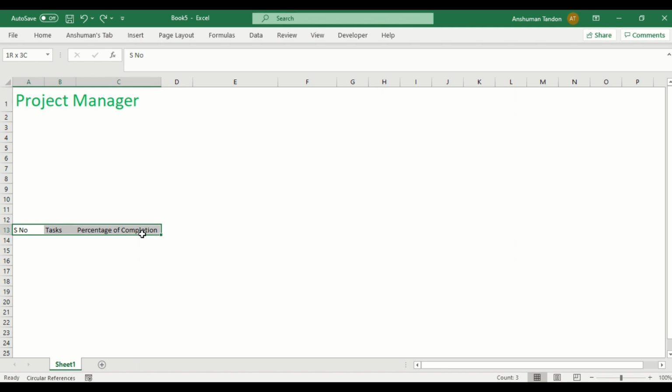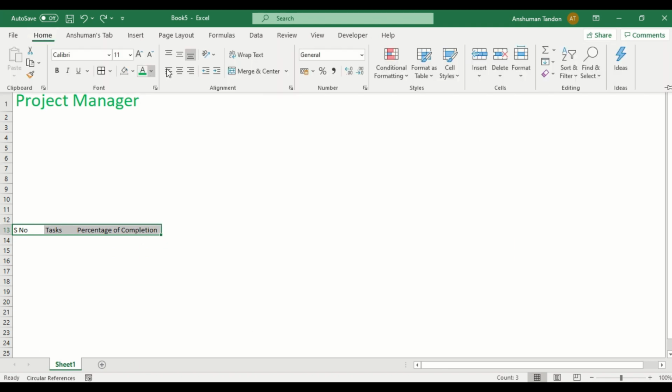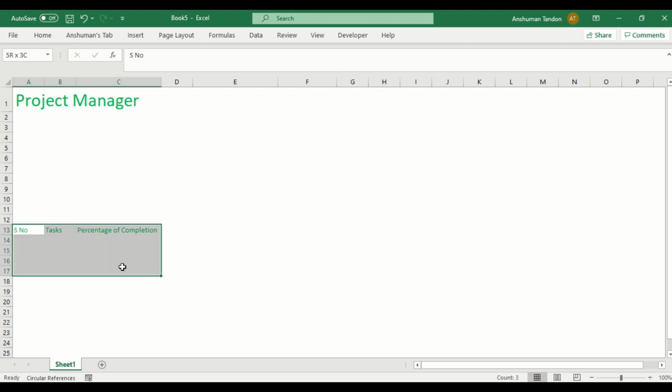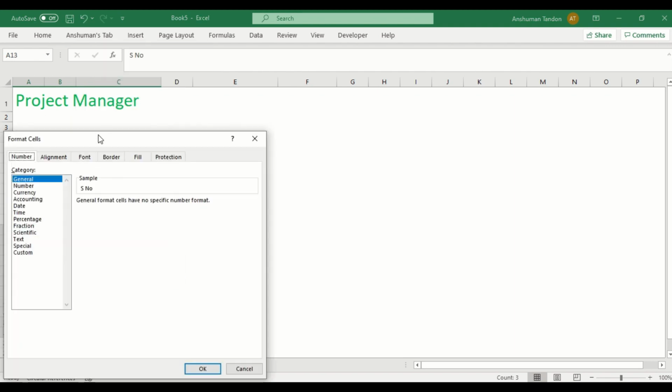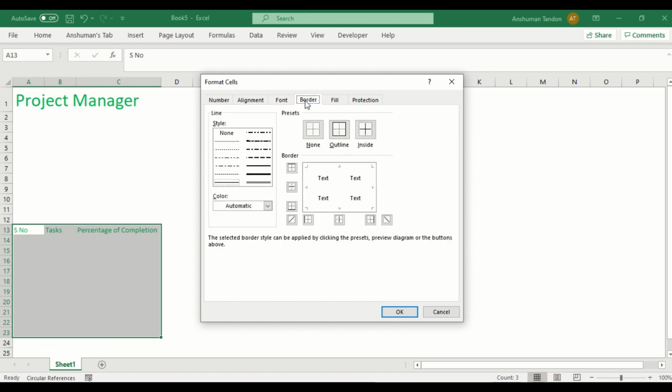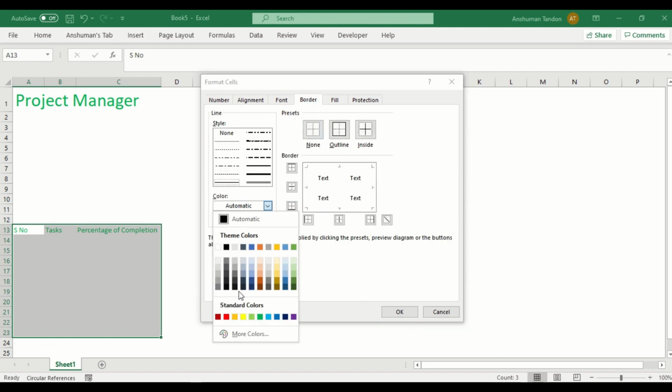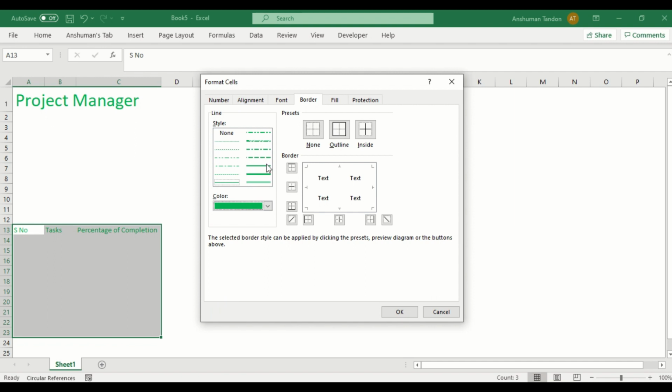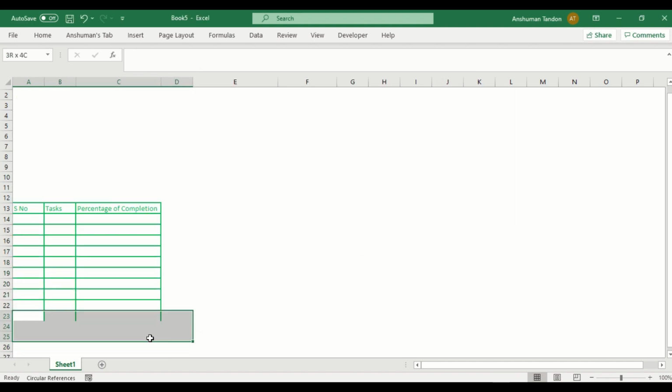So I will just simply select these three, make their text green, and now I will select the area that I want to give the border. I will right click and go to the Format Cells option. Now you can see that this Format Cells dialog will appear, and I will go into the Border option. As I have chosen that dark green, I simply will select that over here and choose a line from these. If I want to give bold, I can just give that, or anything from here. I can simply select that from here like this, and I will leave this bottom line blank, because there might be a situation when I want to add multiple things over here.